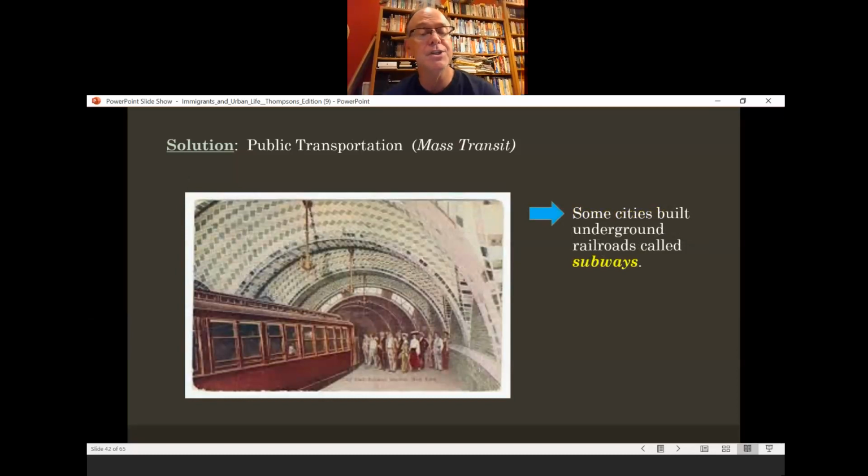Here's another, the subways. So they figured out, hey, wait a second, we're moving up with our buildings. How about if we go below? Let's dig tunnels beneath the city, and we can have these underground railroads called subways. We have a lot of people riding on those things. If you've ever been on a subway, they usually come by every maybe 4 or 5 minutes. That's an average because sometimes it's a little longer. Sometimes it's a little quicker during rush hour. But they can move a lot of people. So they're getting people off the streets and getting the streets cleared.